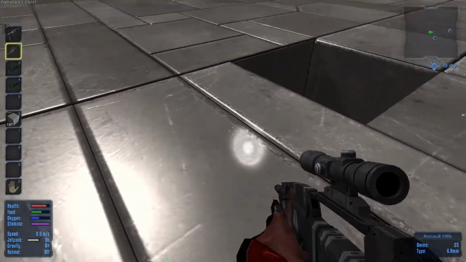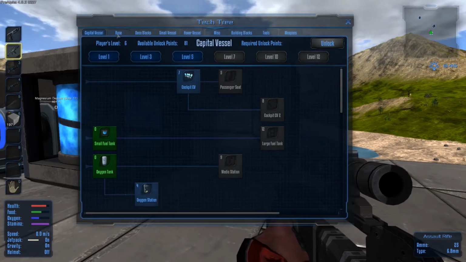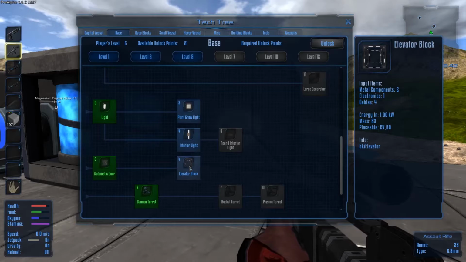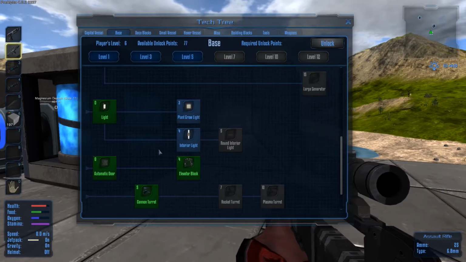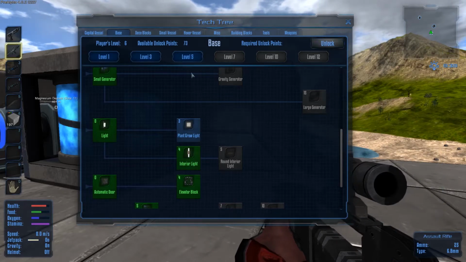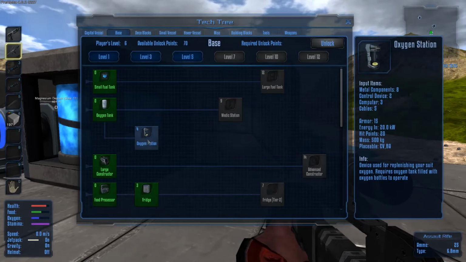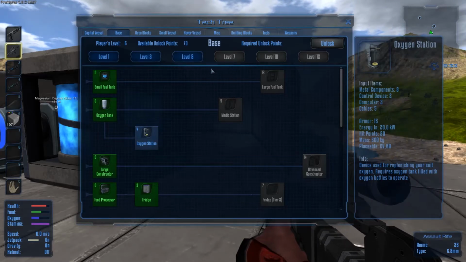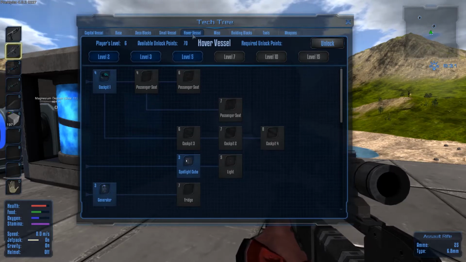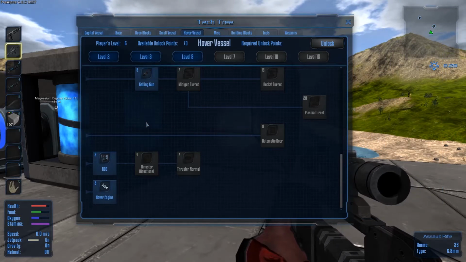Now, the hole in the center here, that's going to be an elevator. So if we go into our tech tree and let's see what we can unlock in here. So elevator block here. It doesn't use all that much to make it, but we'll grab that. Interior light. Yeah, we'll grab that. We will need some plant grow lights. Oxygen station. We will need that, but I just want to check and make sure there's nothing else that we want first. Right, what have we got under there? Because we're going to need to make ourselves a hover vessel. Do we have... Yep, we've unlocked the thruster normal, so...